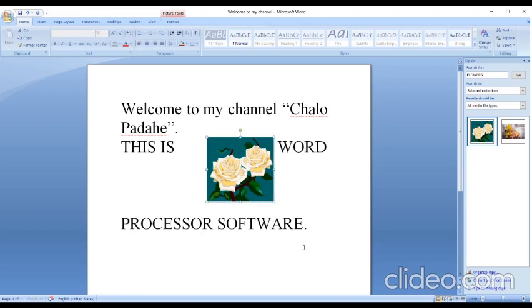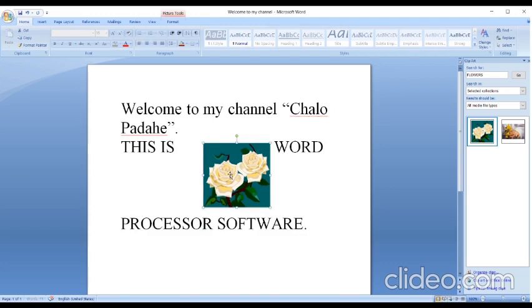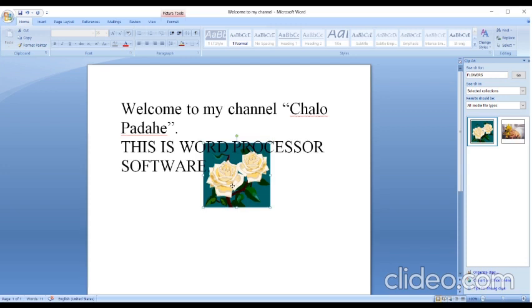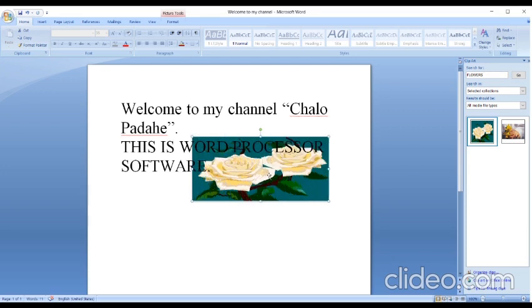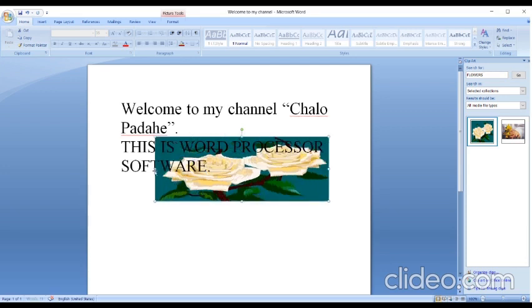Next, you can show it in a tight form. Next, if you want to show it behind the text, you can see your picture is behind the text and your text is on the picture. In the same way, you can send the picture to the front and your text will be at the back.